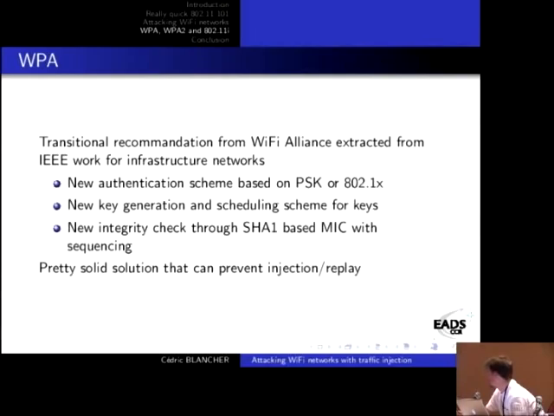And there is a new integrity check, which is SHA-1 based. It's not so strong, but it's okay for a wireless network within the given time of association. It's pretty solid, and it can prevent injection and replay. When you calculate the MIC, you introduce a sequence number, so each frame is sequenced. If you try to inject, you will have sequencing problems. If you try to replay,